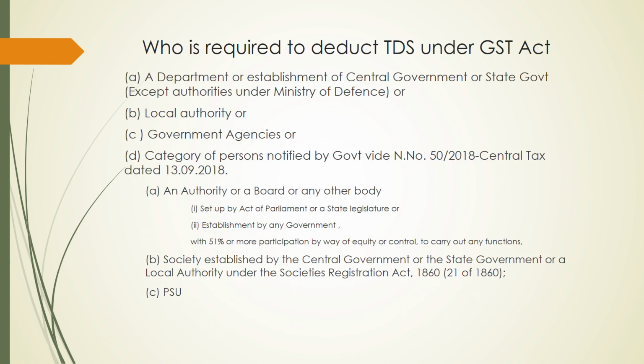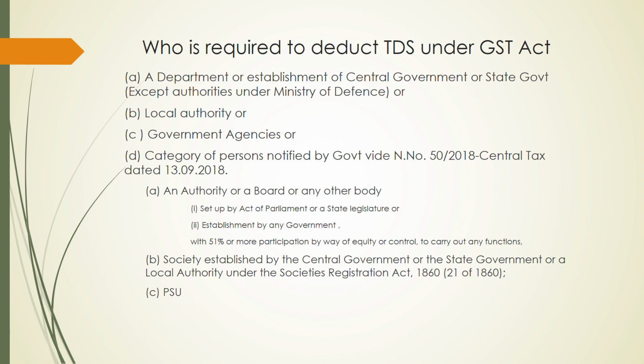So to whom does it apply, or who is required to deduct TDS? A department or establishment of the central government or state government. There is an exception: it doesn't apply to an establishment or authority under the Ministry of Defence. And local authorities, government agencies, and certain categories of persons notified by the government by notification number 50 of 2018. So under this notification, certain entities have been notified,